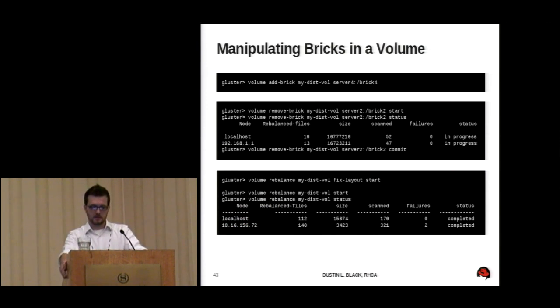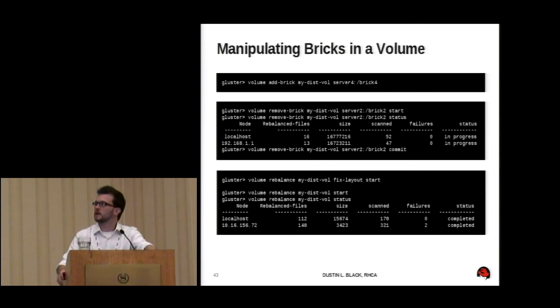So we have an existing volume, and we want to play around with the bricks that are in there. So in this case, simple scenario, let's add a brick to it. So volume add brick. You see all these commands are very straightforward. Volume add brick to this volume, and then I'm going to give it a new brick to add to it. Now, when I do that, it's not going to be, well, you'll see in some of these later commands here.